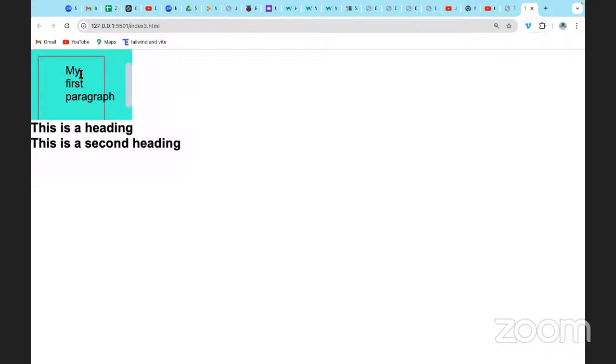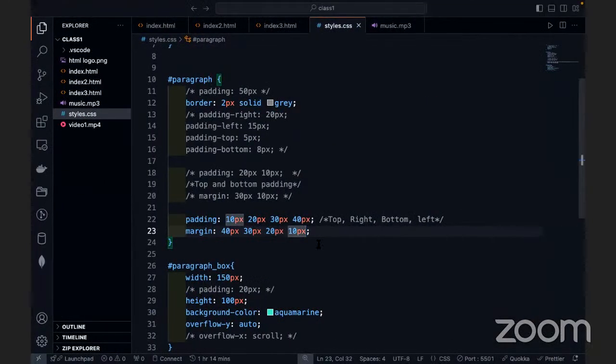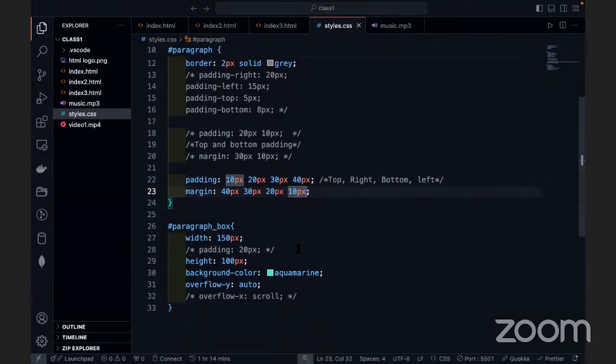So you see it has squeezed this box somehow. Below is 20 and left still remains 10. So that's the demonstration for margin and padding. All right. So we go into